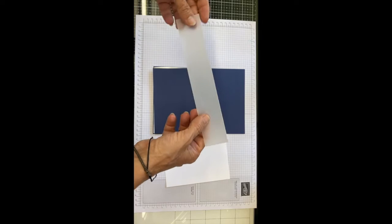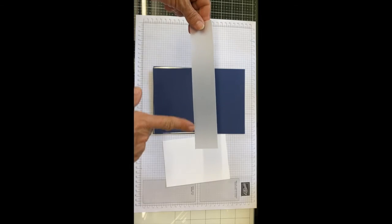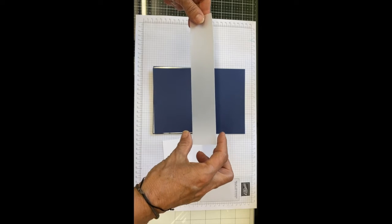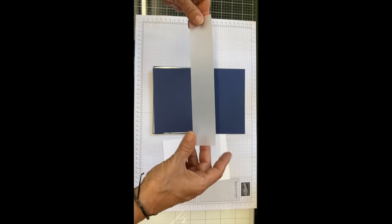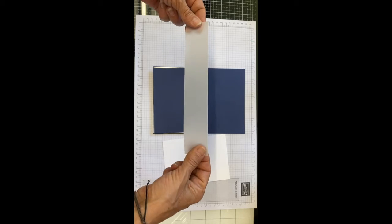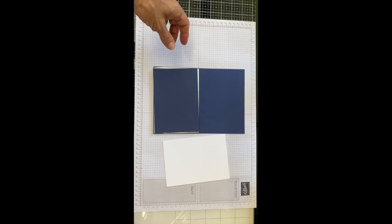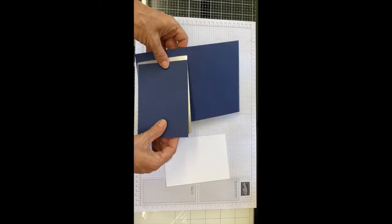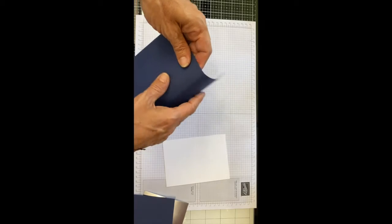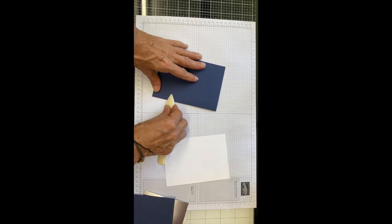And this is my inside piece, which is 10 centimeters by 14.3 centimeters. And you will also need a piece of vellum. This measures 1.5 inches by 8.25, so I just took a bit off the top, and we're going to be heat embossing that one as well. So let's get started, shall we? So I'm going to fold this and burnish this,